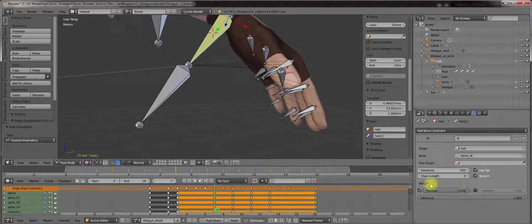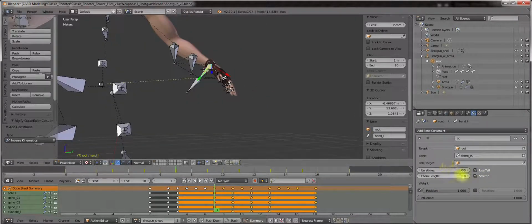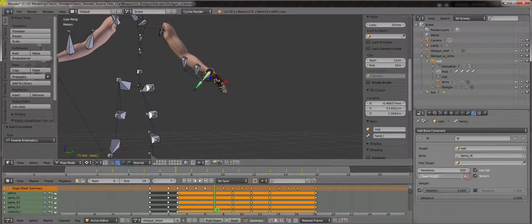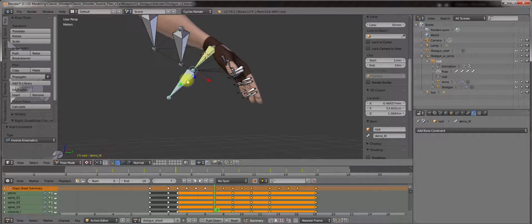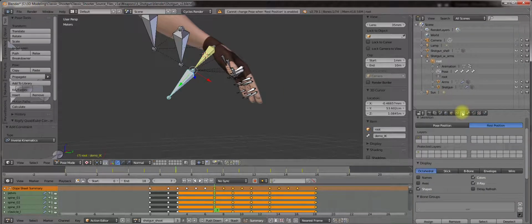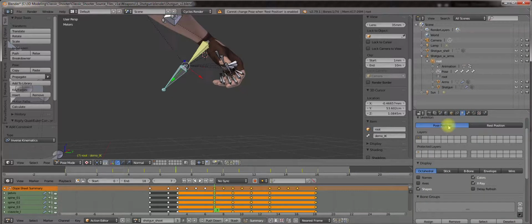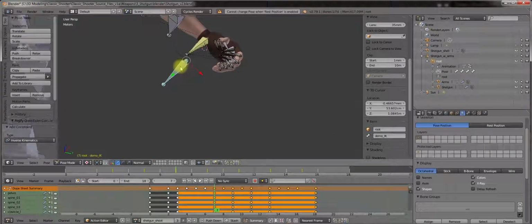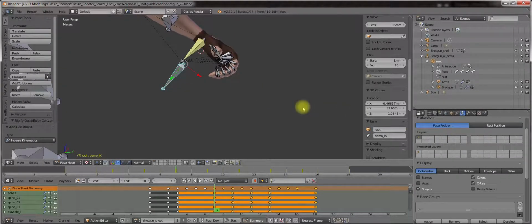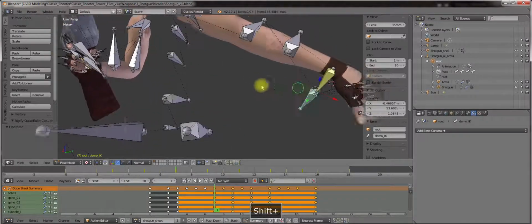We set the chain length to, you can see this line here, to 3, and switch rotation as well. And now, yes, let's go to the skeleton and bring it to pose position. Okay, the one thing that I forgot to do,